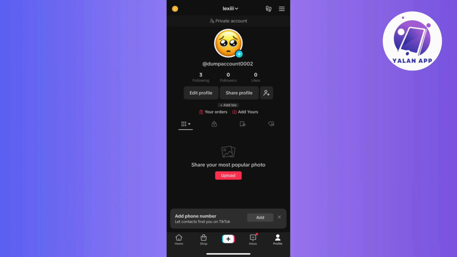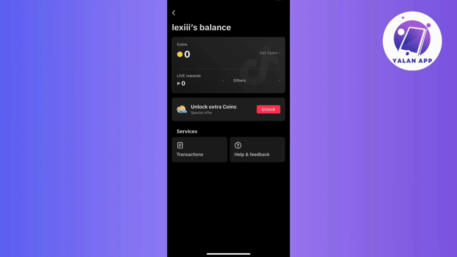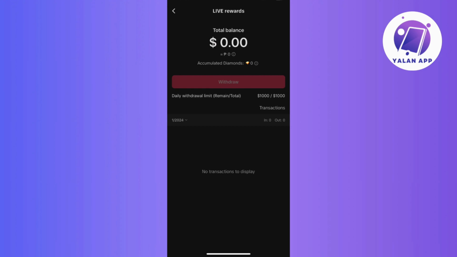Okay, so to withdraw TikTok rewards, start by opening the TikTok app and navigate to your profile. Now, tap the three lines at the top right corner of your screen to reveal the menu of options. Now, within the menu, find and tap on the option labeled Balance, as this is where you will manage your earning and rewards. And within the Balance section, find and select Live Rewards, and from here, you can view your